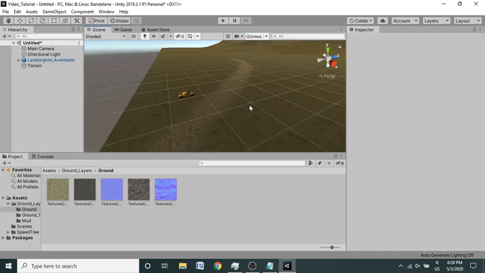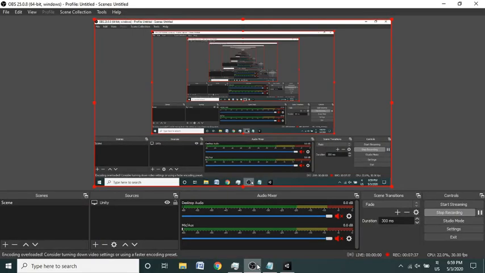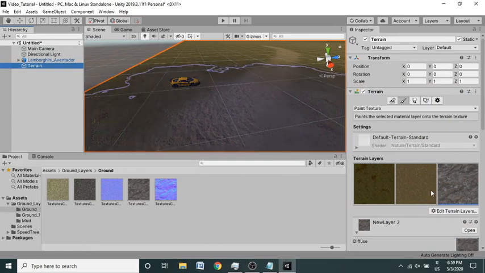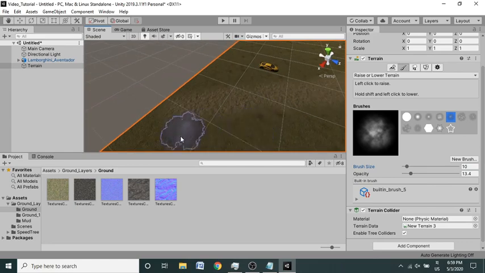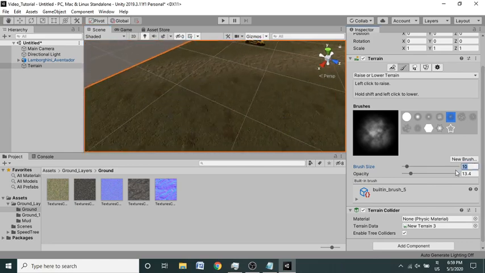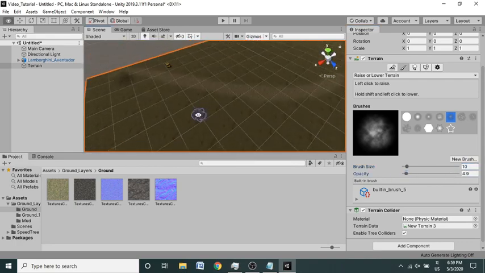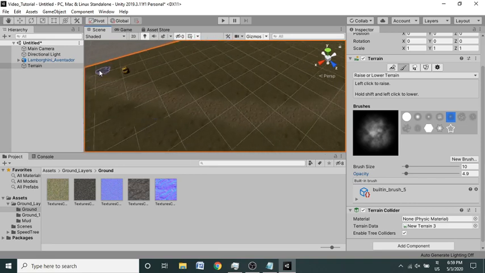Yeah, I'm just randomly drawing everything around this scene. As you can see, if you've seen any scene, there are so many ups and downs like this. I'm just checking if the recording started, because I recorded this video the first time, but that time the recording was off, so it was so much pain to record this again, because it was a very good recording in the first place. So decrease the opacity to something like 4, and yeah, you can draw some bumps beside the road. I guess this level of bump looks absolutely fine.